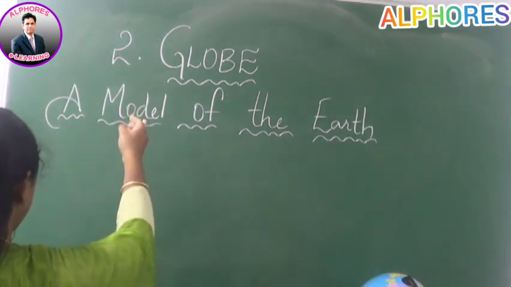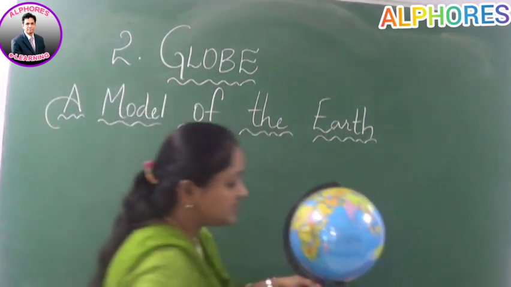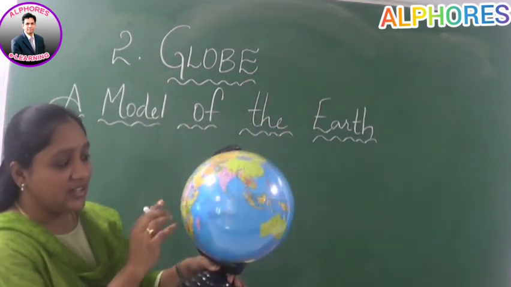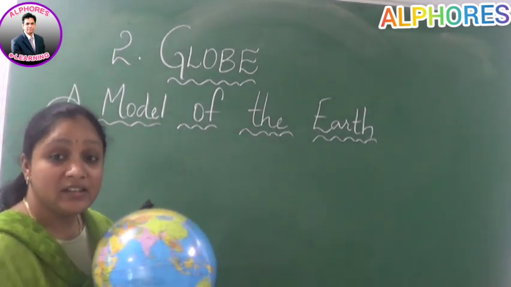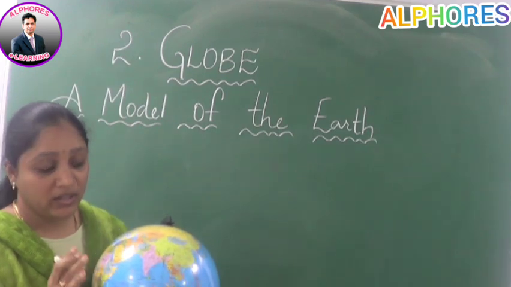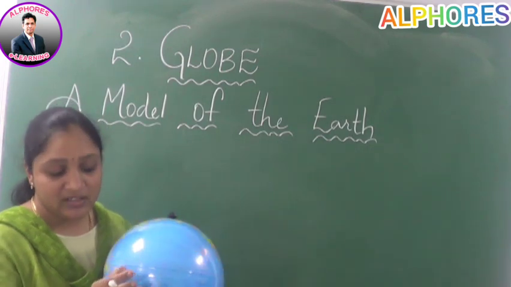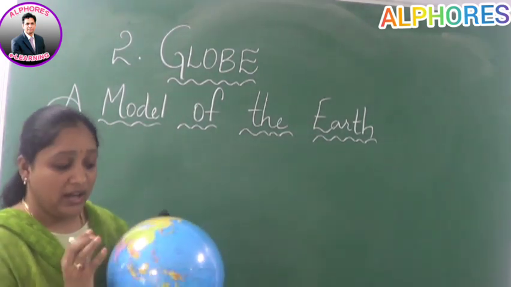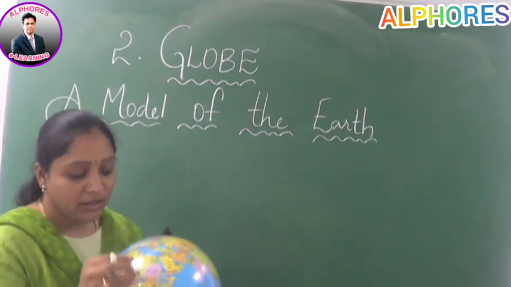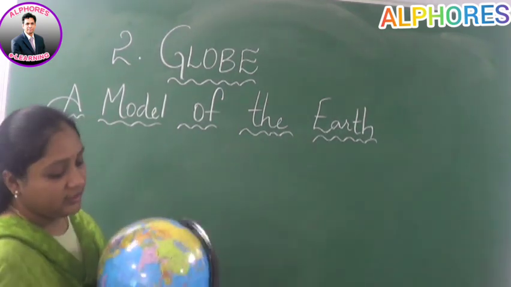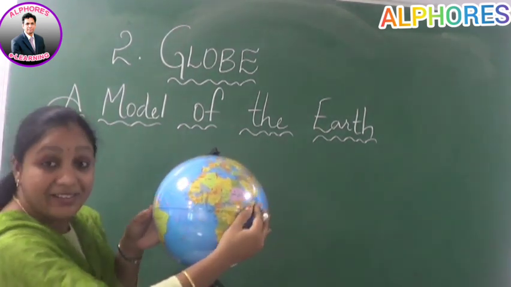Before talking about the globe as a model of the earth, if you observe, you can see we call it a model of the earth. As you all know, the earth is spherical in shape. The globe is spherical, in the same way the earth is spherical, of a geoid shape. We cannot describe the shape of the earth as simply round. You can see a little bulge in the middle of the globe.